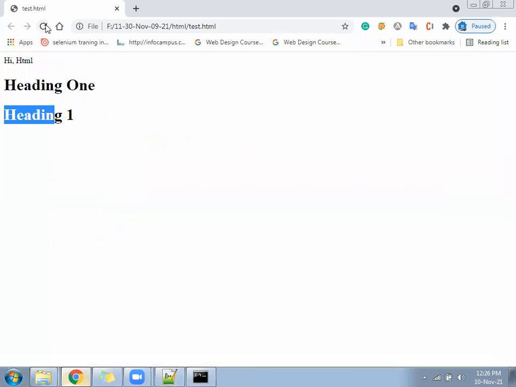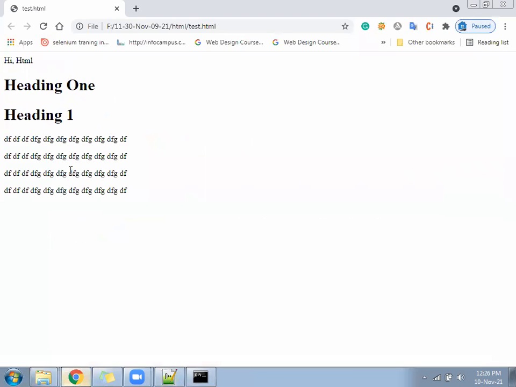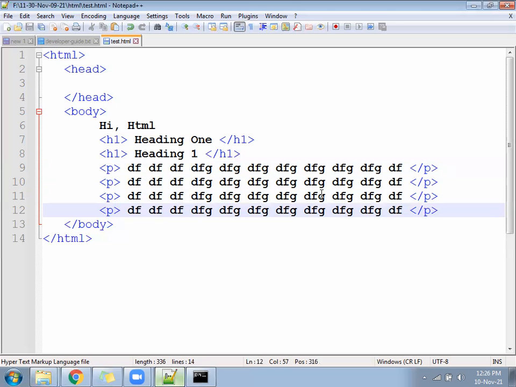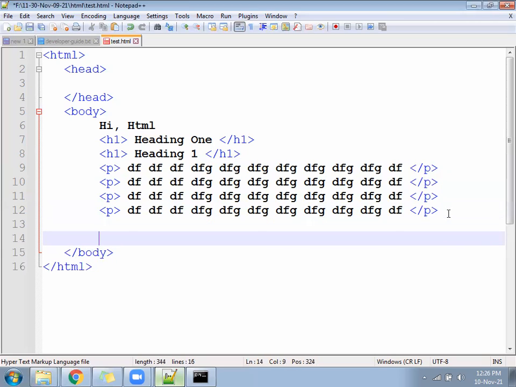Whether all are going to come in one line or going to the next line. You can see here, all are printing in the new line. That means paragraph is also dependent plus block. Open close is there, so that is called dependent, and it is printing in the new line, so it's called block level. Now we'll leave paragraph. We'll follow something else.